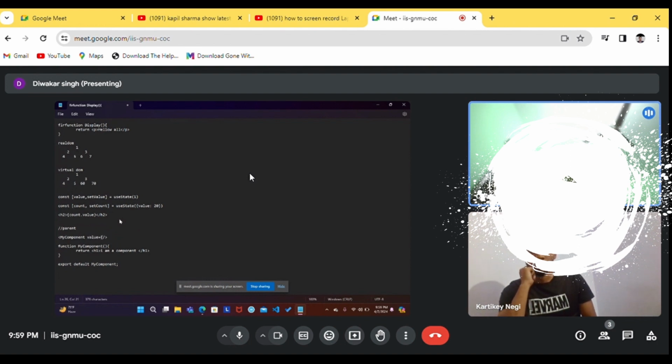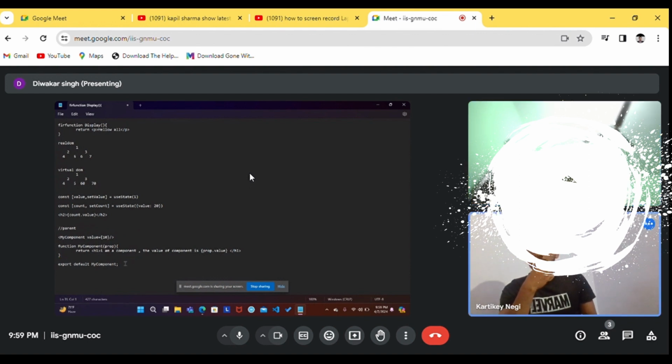So I am passing the prop over here. I have passed the prop named value this time, and over here I can receive it like this through props. So this is how I can pass the prop in our component, and this is how I can receive the prop.